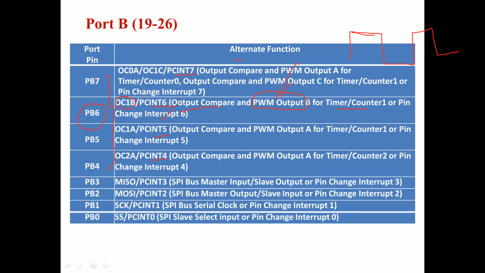So this particular pin will act in an alternative function as PWM or as an interrupt, but any one only can act at a time. This is all about how you are going to program this particular pin. That pin can act either as a PWM output, or as an interrupt, or as a general input output. So in the ATmega2560 microcontroller, you can see many pins are multifunction.